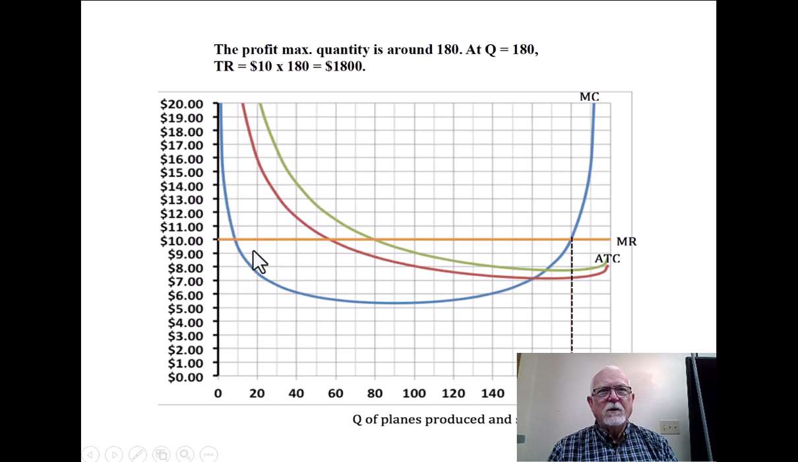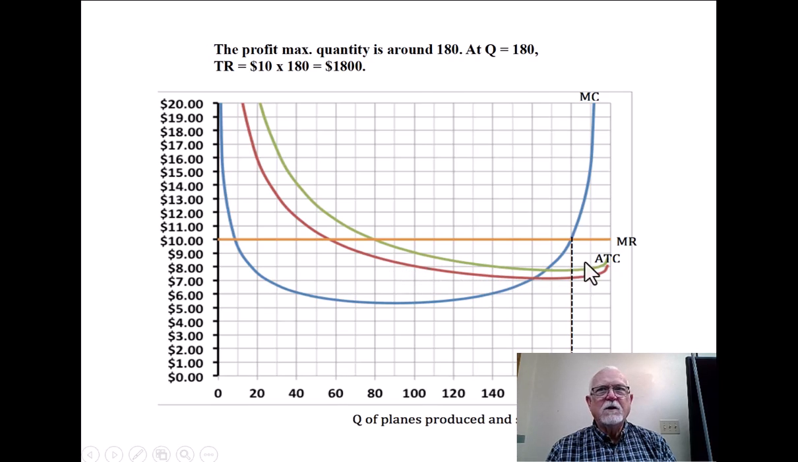So total revenue would be the rectangle formed under $10 and bounded by 180. And total cost, we can get at that as well. So total cost would be quantity times average total cost. So that probably didn't make a lot of sense. At any particular point, to get to the total cost at that point, we could take the quantity at that point at 180, multiply by average total cost at that particular point,